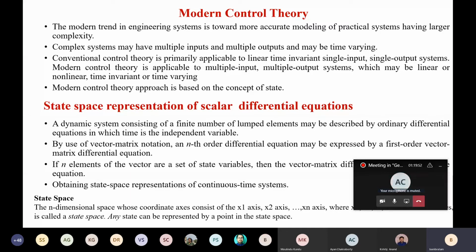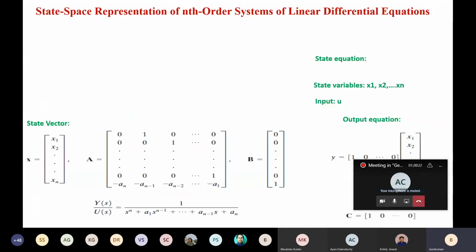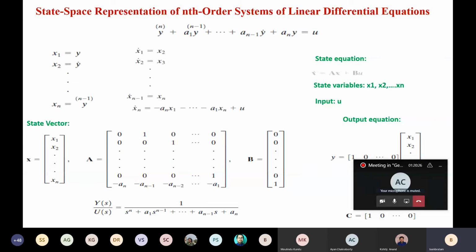whatever be the order n and whatever be the number of inputs and outputs of a system, if I can convert them into this general first order equation form, and then write them in some matrix form or vector form, it will look more general, and it will only consist of first order equation terms. So let us explain with examples, then it will be more clear to you.